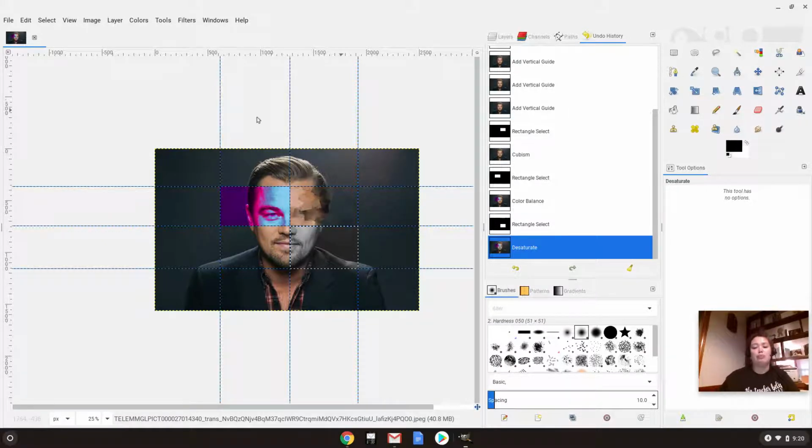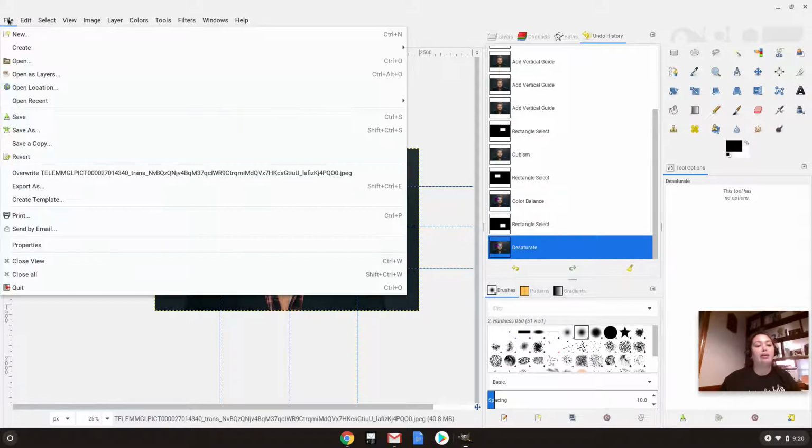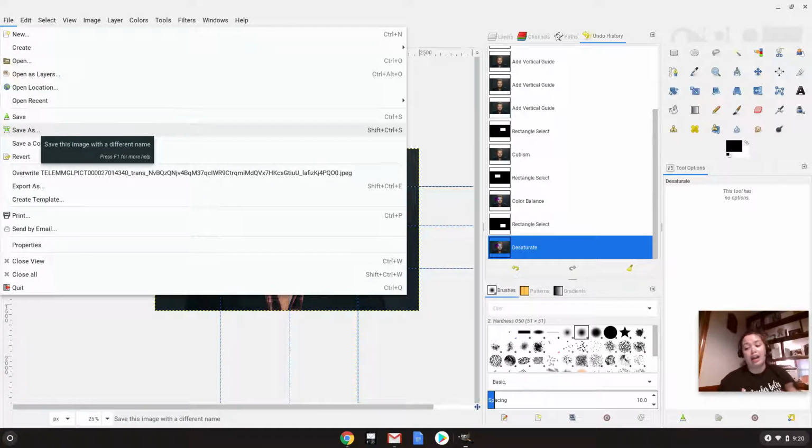So once you are completed with all of your boxes and all of them have been changed and tweaked and uniquely different, you're going to go ahead and make sure that you go to File, and we're going to just make sure that you save as. Now you need to make sure as you are creating your project that you are saving your work. So again, please make sure you hit